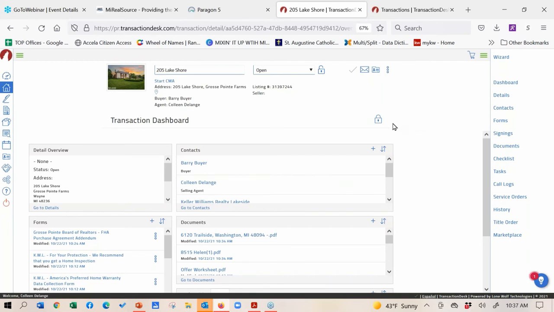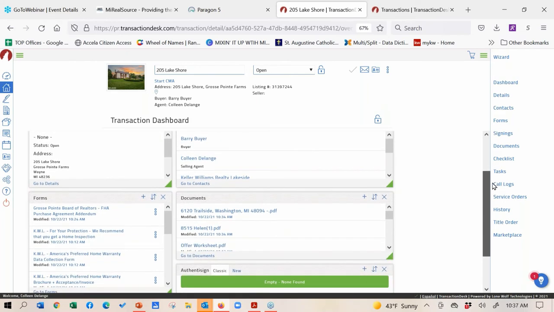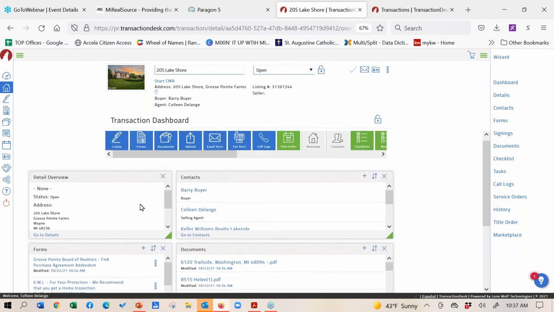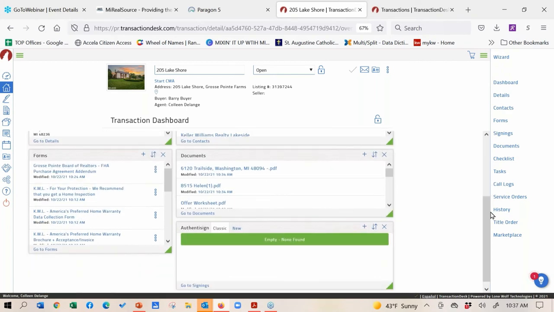They've got a bunch of stuff in here you'll never use. So here's your little tip, time-saving tip number 2. Click on this lock. That's going to open up your dashboard. And what you want to have on your dashboard is, I like the overview. I like my contacts. I like to be able to add a form with one click, maybe add a document. But most importantly, especially with the new 2.0, you want to make sure you've added the Authentisign box, because anything